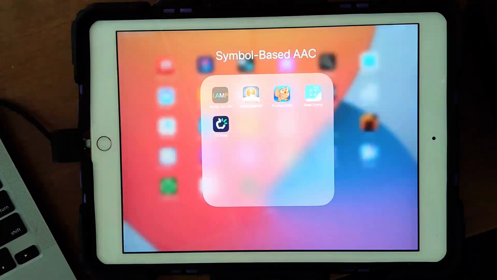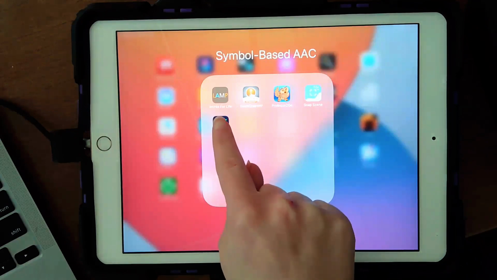This video will show how to create new users and access different users within the TD Snap app. You might want to create a new user to access the different page sets or different language systems within the TD Snap app. First, you'll open up the TD Snap app